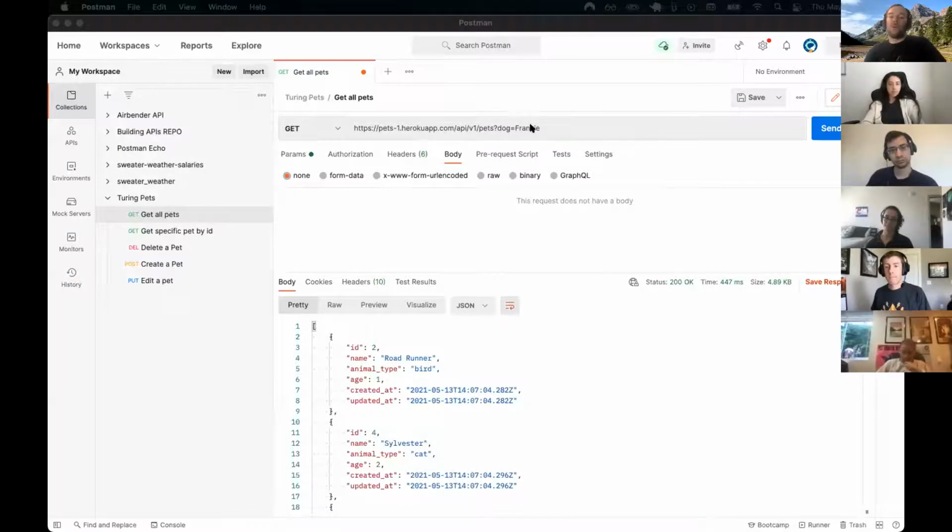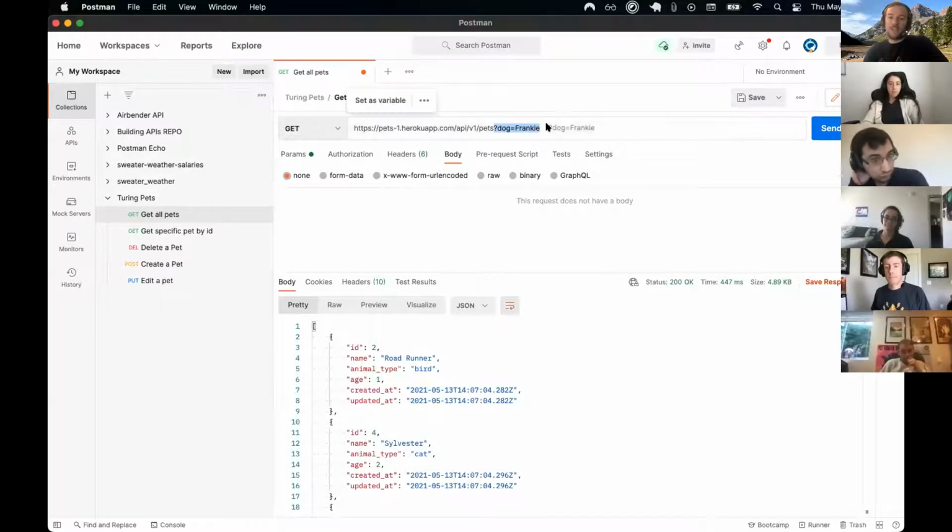So how's it different from params? Params are going to be sent, so I want you to think of a couple of ways to think about params differently. So query params, let me just share real quick. Okay, query params, everything after this question mark. That's a part of a request that you can define, and you can define as many as you want